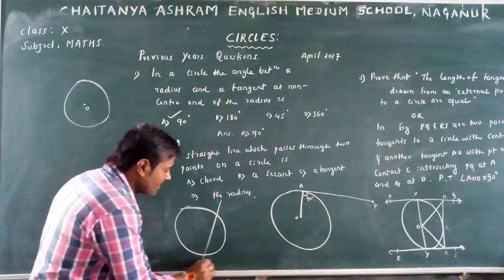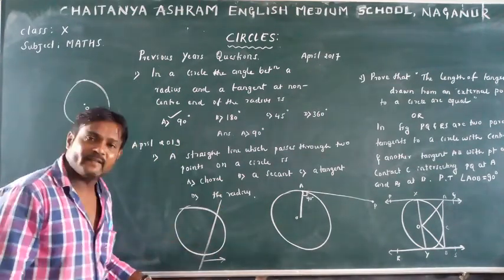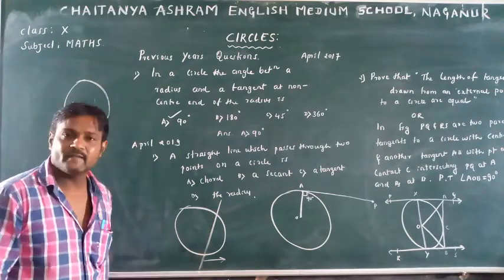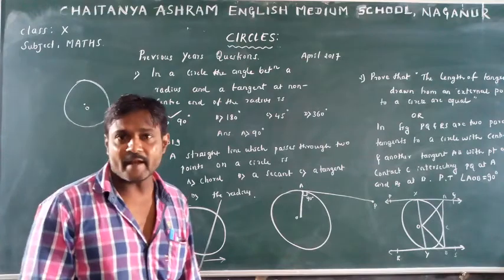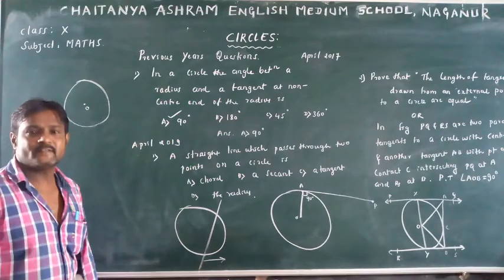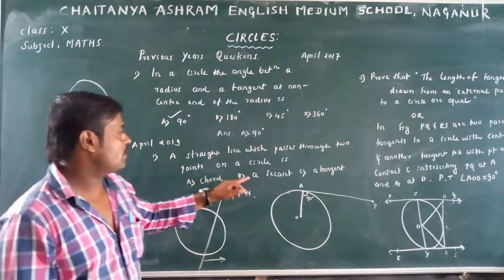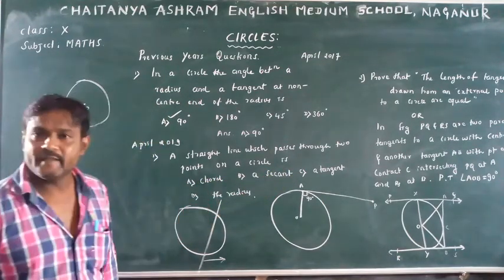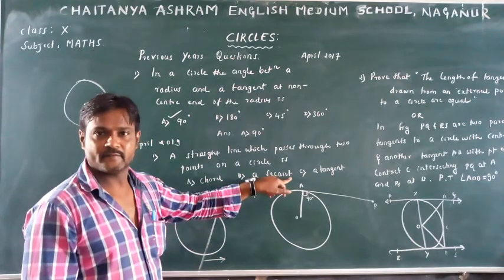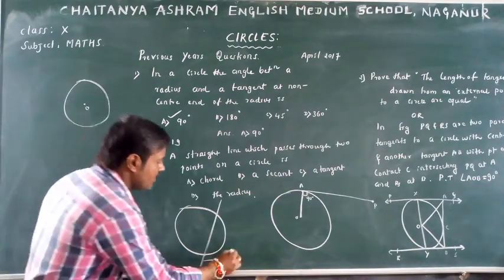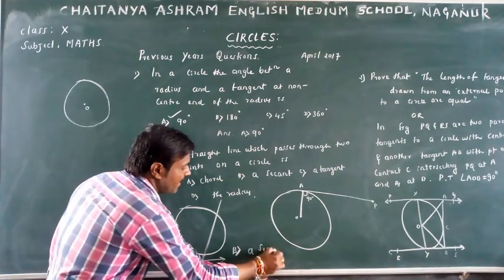So recall, I already said this concept. A line that intersects a circle at two distinct points, then that line is called, yes, what is such a line? Very good. That line is called secant of a circle. So which of these answers is right? It is called a secant. Yes or no? Okay. Now option B, it is a secant.